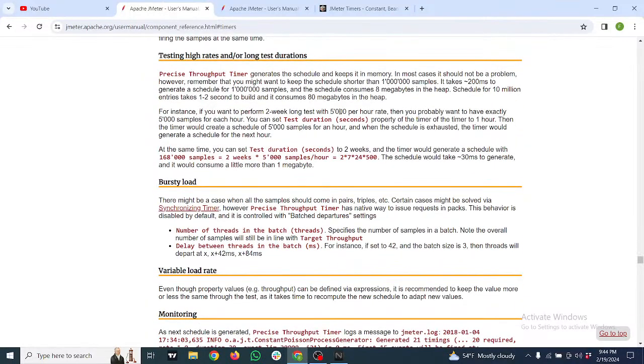Testing high rates and long test duration, precise throughput timer might be more than necessary, and it consumes memory. In most cases, it should not be a problem. However, in memory,